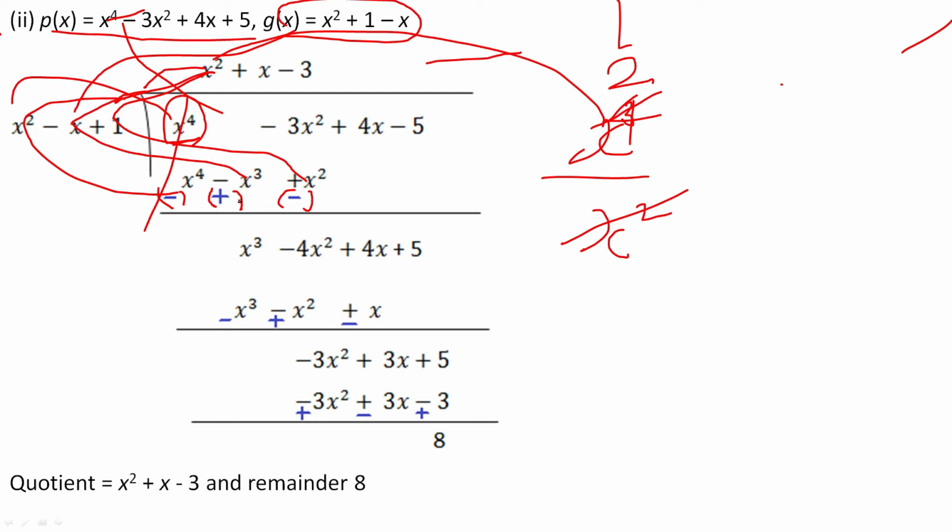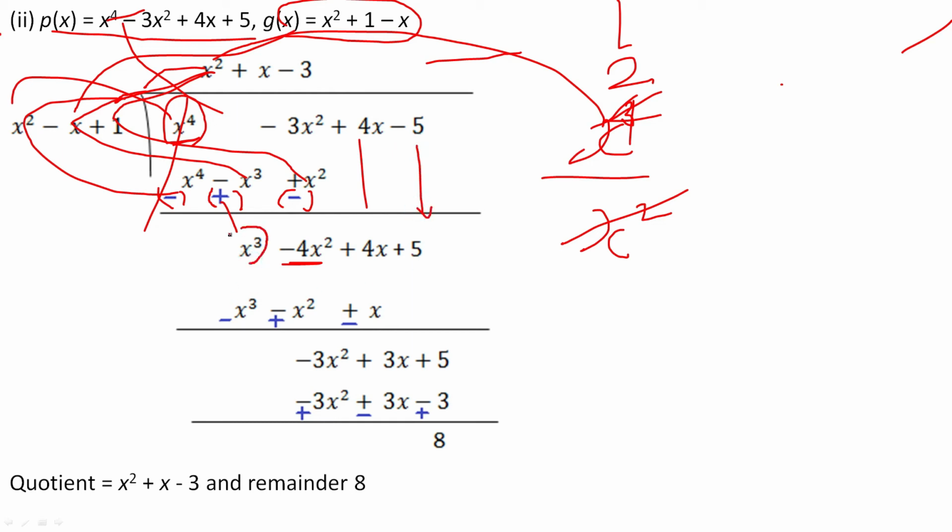Now here plus x power 3, bring down. These two you can subtract the value, but the same sign is there, so you have to add. 3x square minus x square will make minus 4x square. Bring down 4x and bring down minus 5.